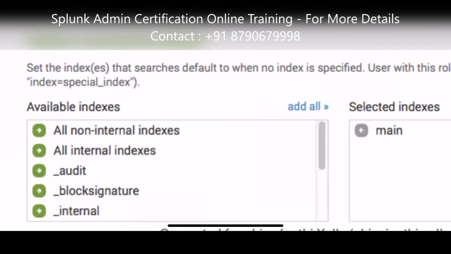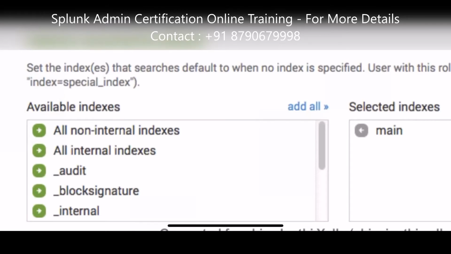Usually we will not provide all non-internal indexes to anyone, because if you give this access to a user, whatever indexes are present in Splunk, he can search everything.